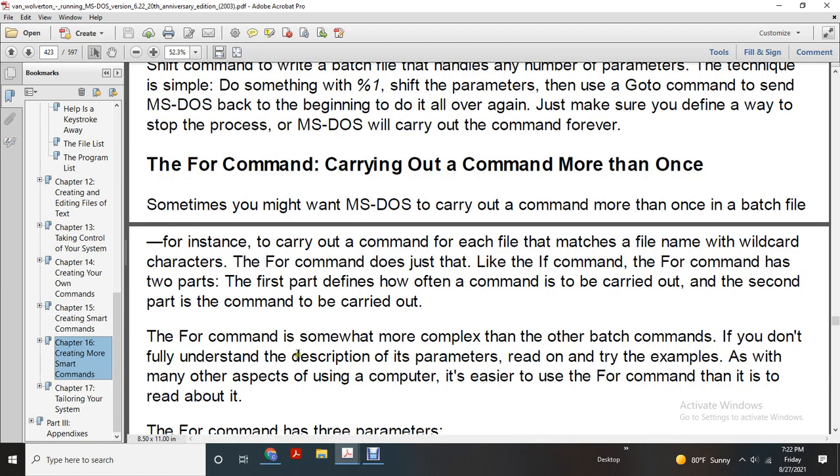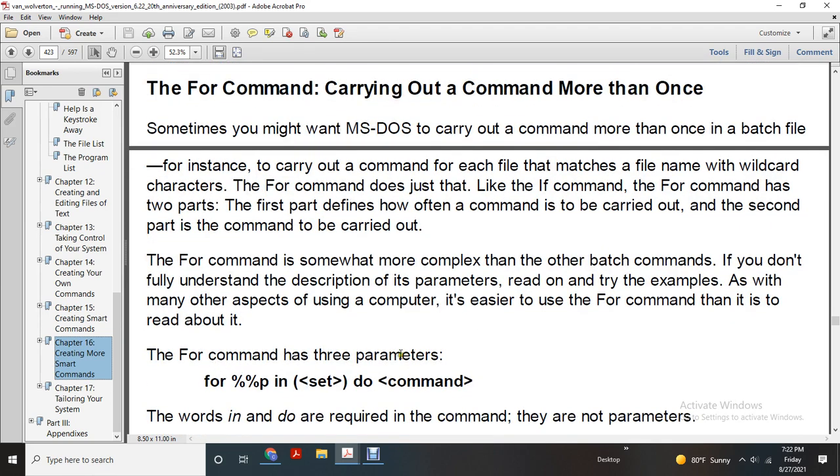If you don't fully understand the description of its parameters, read on, and try an example, as well as many other aspects, using a computer. It's easier to use the FOR command than it is to read about it. The FOR command has three parameters: